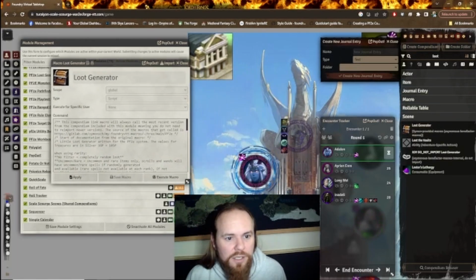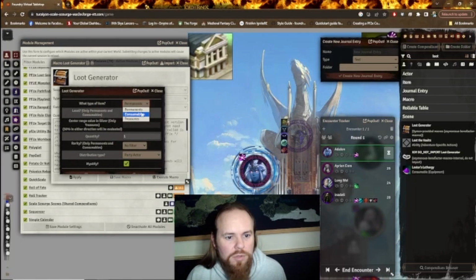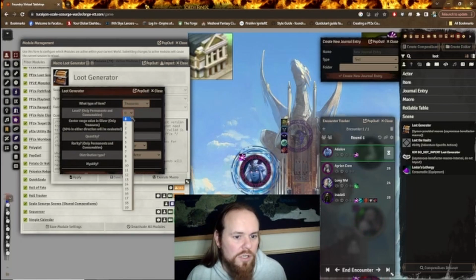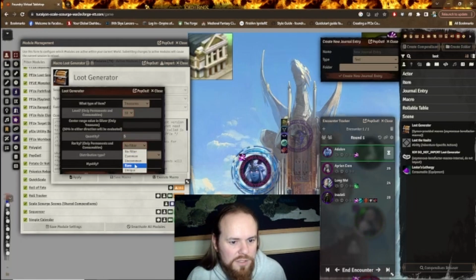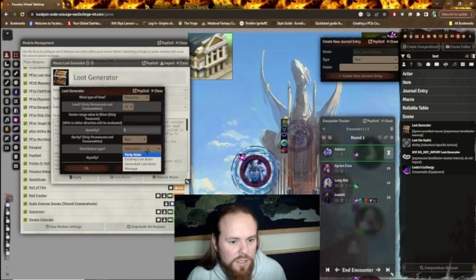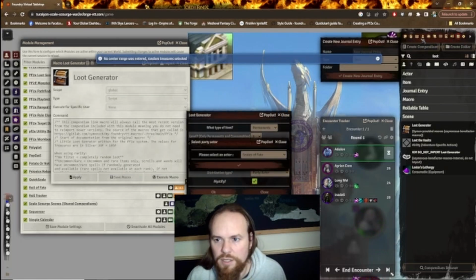right here, sorry. Yep, we're going to execute the macro. So it creates a macro that gives you this loot generation table. It's going to be treasure. It's going to be level 10. And we're going to have 5. Rarity, we're going to say this is pretty rare because it was a pretty unique find. Party, yep, and go. And that should generate us